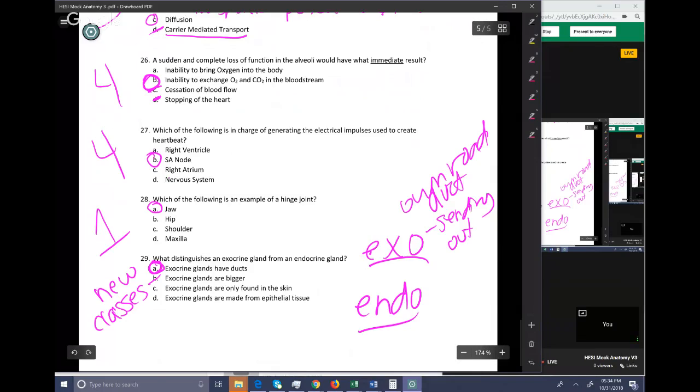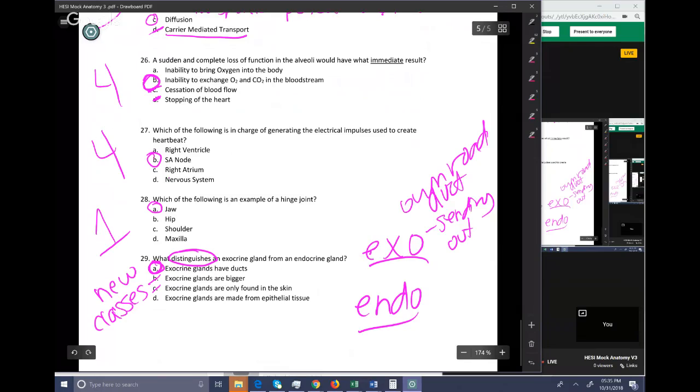So that's too big for us to be able to say that. Exocrine glands are not just found in the skin. You have exocrine glands inside your mouth that secrete saliva, and you have them in lots of other places. So that's not accurate. And they are made from epithelial tissue, but we're trying to figure out what distinguishes exo